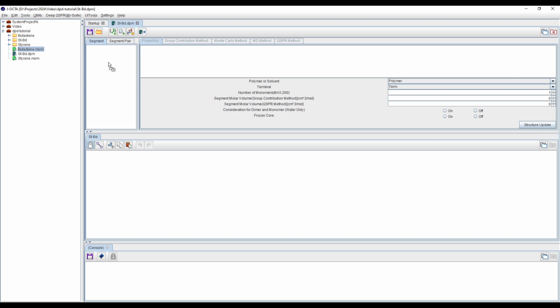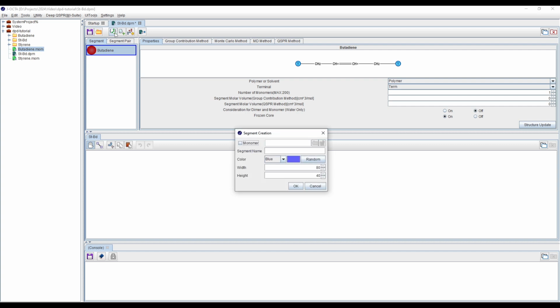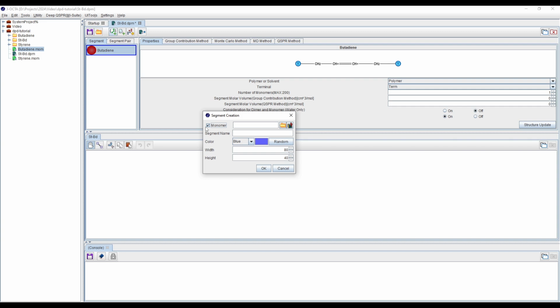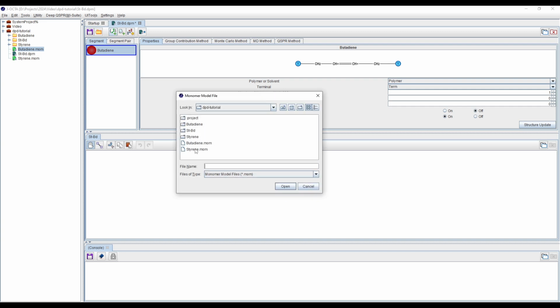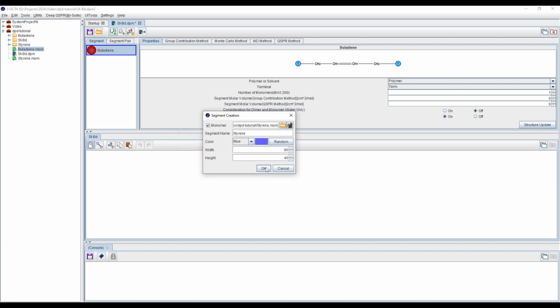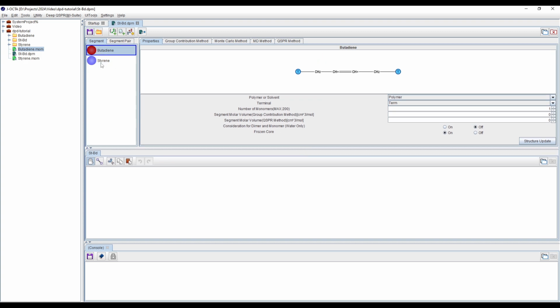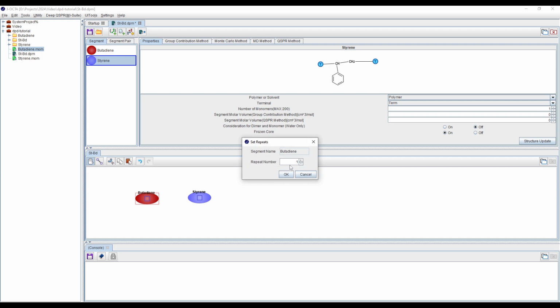Next is to import them and to register. There are multiple options: either you can drag and drop, or you can use the register option. Since we are importing the monomers, you can choose that. We have imported the butadiene, next is the styrene. So here we have added it. We can model it here in the working directory. Let's just take 10 monomers of each